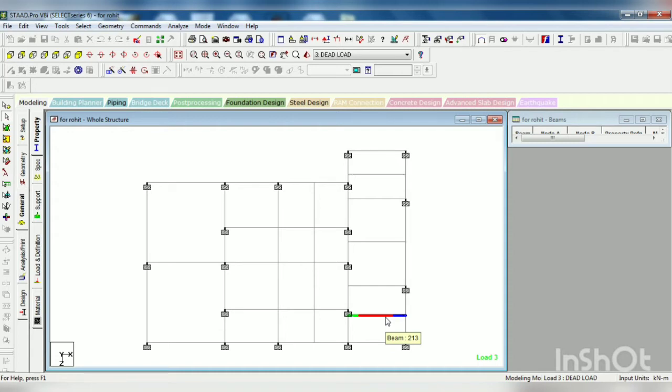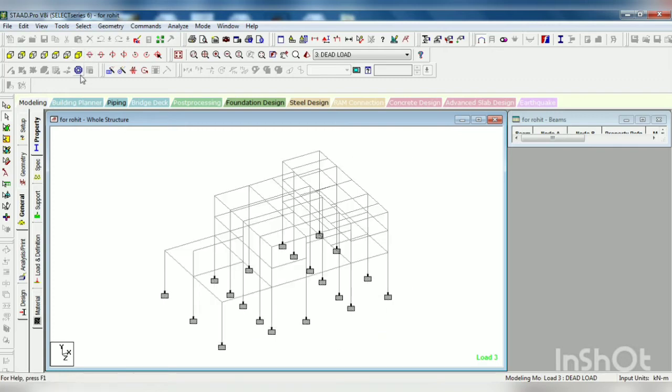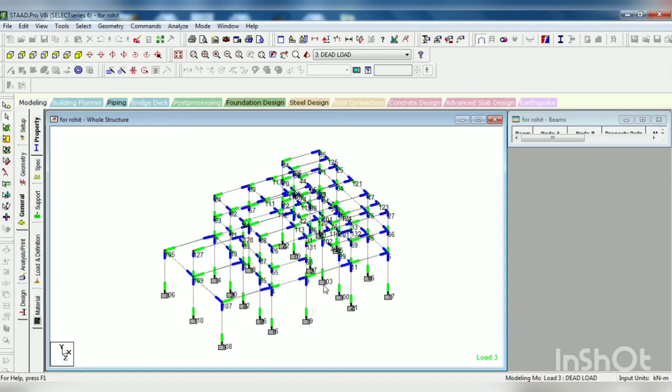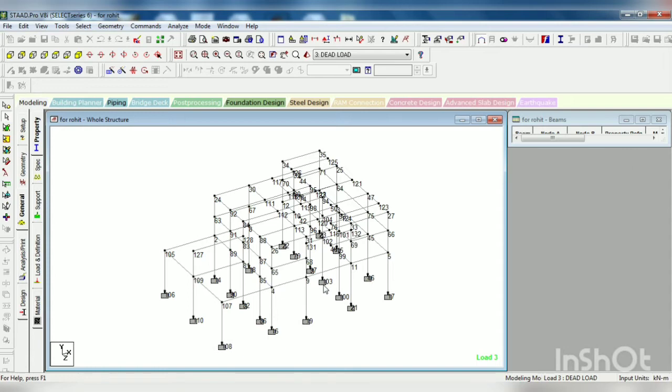Now we will slightly move towards the node portion. In order to see the nodes you can press Shift K. So you can see where the nodes are, and if you want to see the node numbers you can press Shift N. It will help you to identify the node number. Then when you go to the results, if you want to see the reactions of node 106 you can see easily. If you want 46, 103, that will help you. So we can remove Shift K and Shift N now.